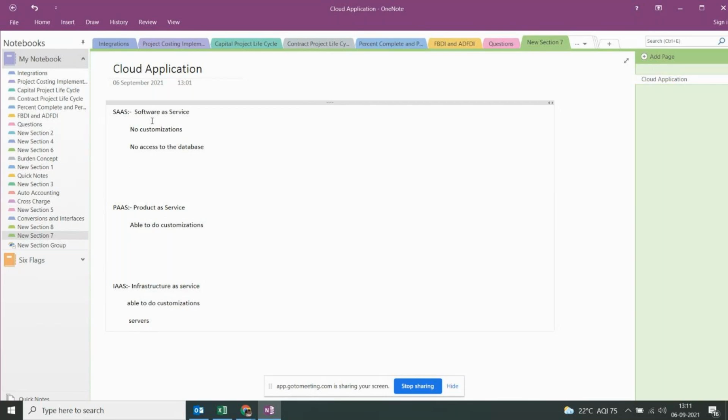Okay, so this is about SaaS, PaaS, and again IaaS. So any doubts in this? Software as a service, platform as a service, and then again infrastructure as a service. Because they will definitely ask you about these environments: did you work on SaaS, or did you work on PaaS, right? So when they ask you such questions, just answer that you worked only on the SaaS environment. Don't commit that you worked on PaaS environments.